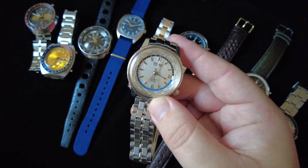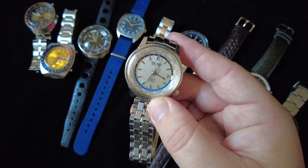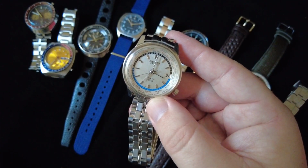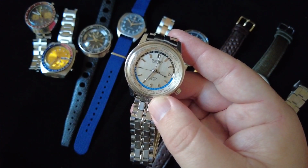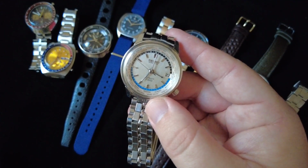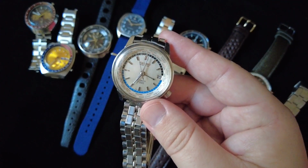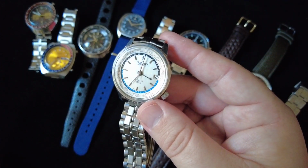All right, so this is the first watch in my collection. This is a Seiko World Timer 6217. I think I'm probably similar to a lot of people in the fact that I do like GMT and World Time watches, and certainly the Seiko World Timer scratches that itch. It's dating from the mid 1960s, and I think some of the notable things about this particular model, this was the very first World Time model that Seiko produced, and it has a really nice sort of